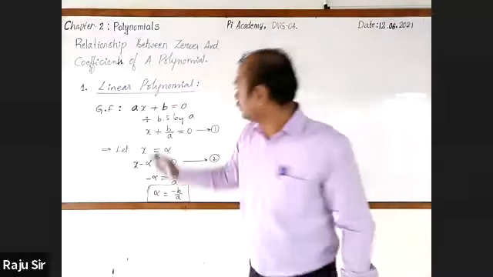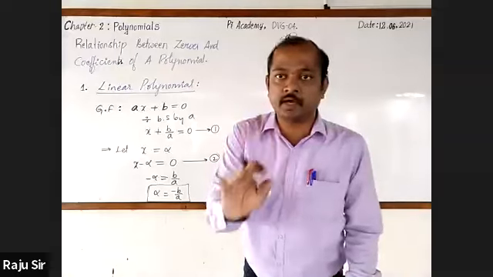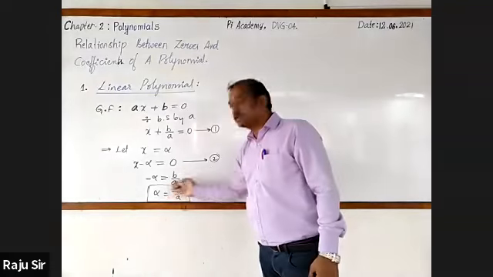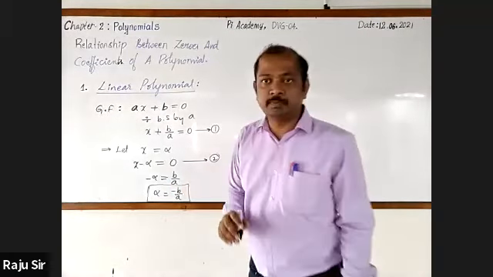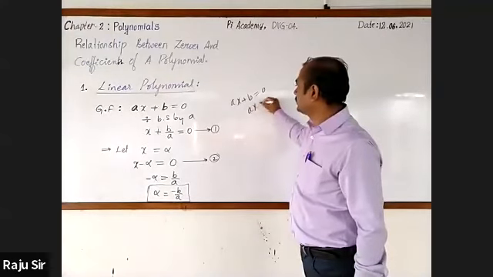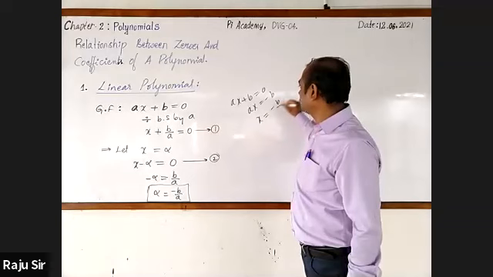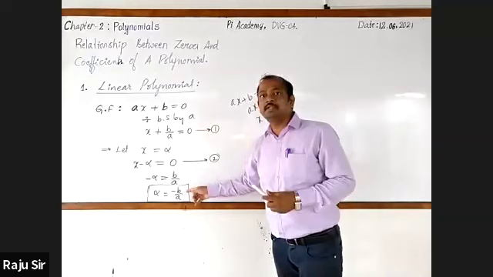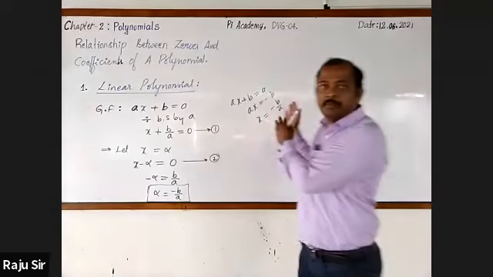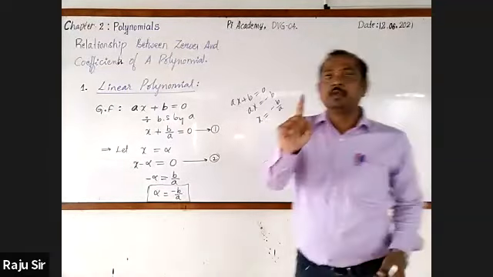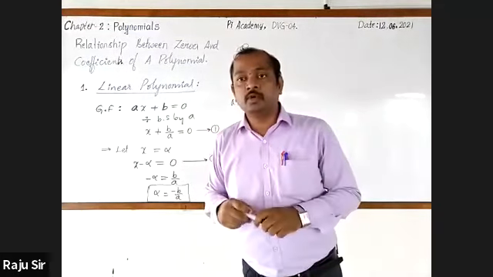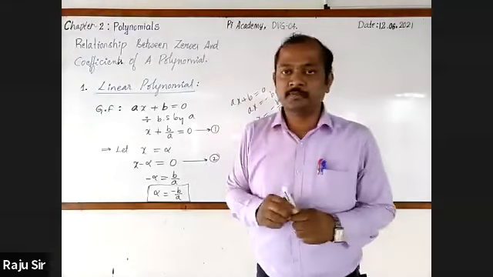Usually they won't ask you to find this, it is just for the sake of knowledge. I'm teaching you how we can get to this relationship. Alpha is equal to minus b by a. Even we can write directly ax plus b is equal to 0, ax equal to minus b, x equal to minus b by a. This is also right. But I have been teaching this method because this type is also applicable to find the zeros of quadratic polynomial and cubic polynomial with their coefficients. Are you following? Yes or no?